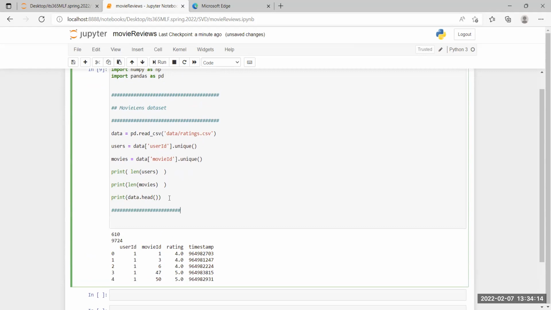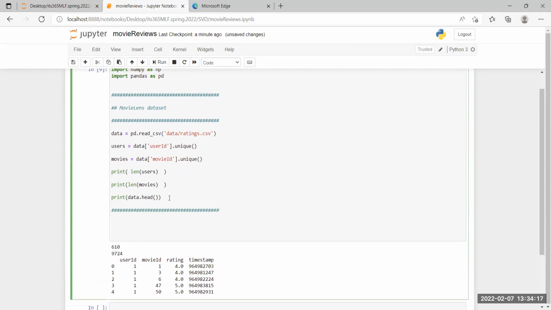The next step would be now to read in both of the files that we need. So we're going to call it data ratings. And so we're going to do pandas dot read CSV. So it's going to be data ratings CSV.